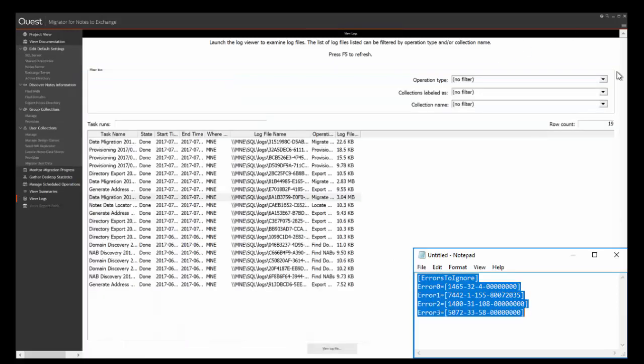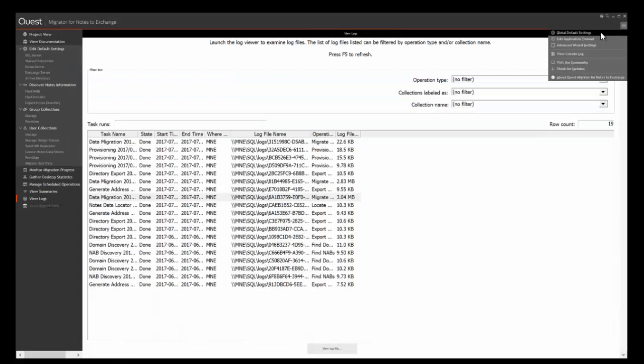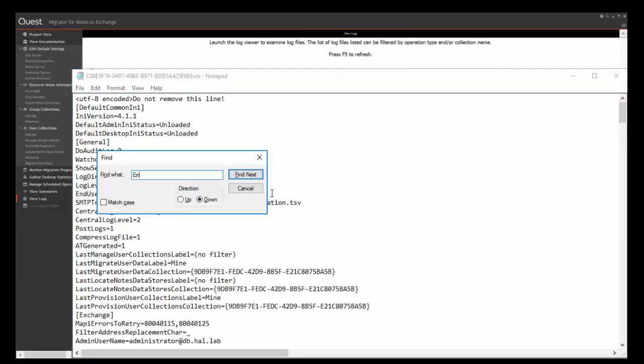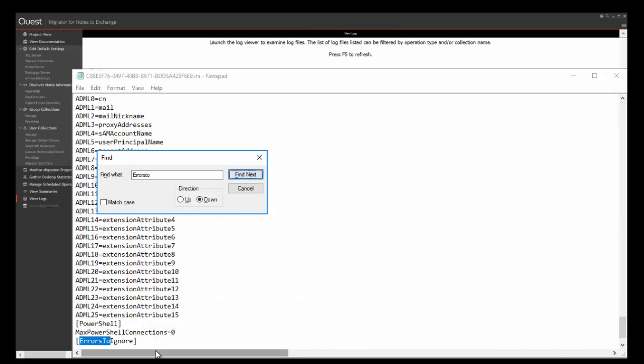If I wanted to see if it actually was saved, I could go in here. And again, I'll just do the same thing. Search errors 2 and find next. I find the mappy errors to retry, and then I go down, and the next one is my heading, errors